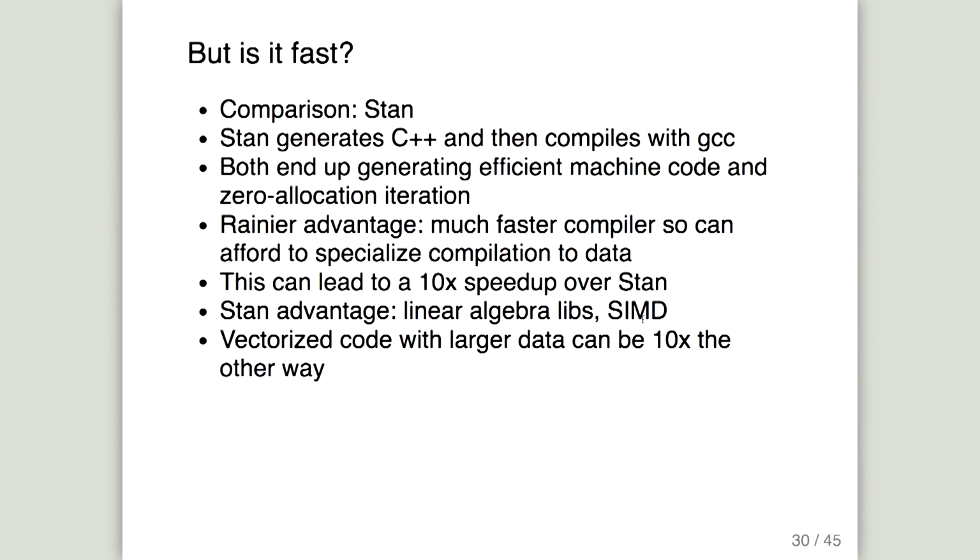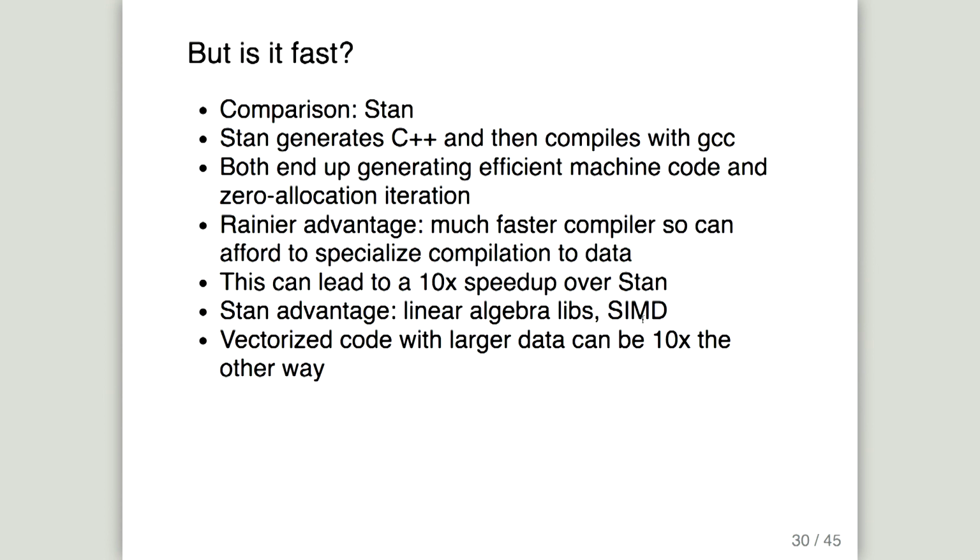So is it fast after doing all of this? The comparison point for me is Stan. Stan is a Bayesian inference system, very well regarded, very commonly used by scientists, that has its own DSL that it generates C++ from and then compiles with GCC. Okay? Because of that, it runs pretty fast, right? GCC is very good at generating efficient machine code. Turns out that the Java JIT, if you give it simple double operations, is also really good at